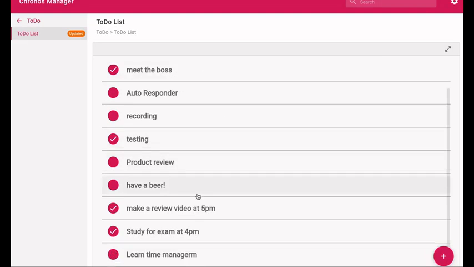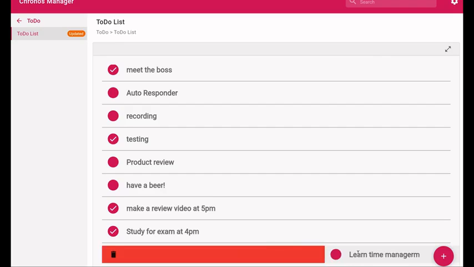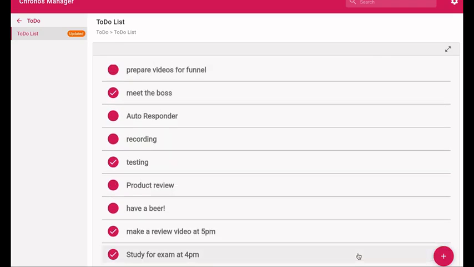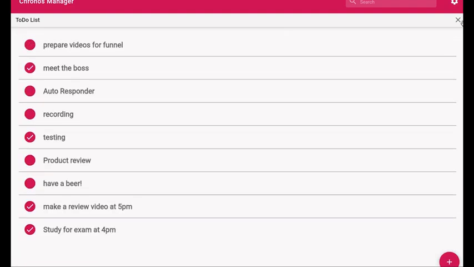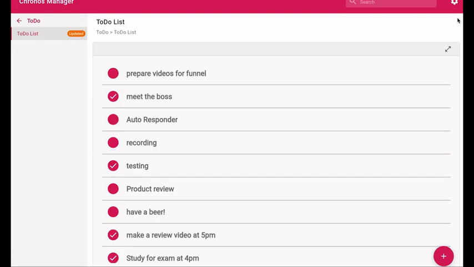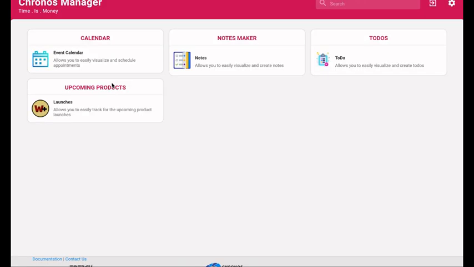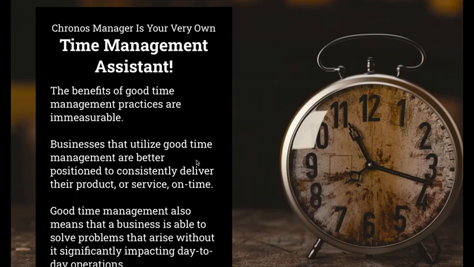So once you create that one, you can see here. Once you are done with that one, you can check the box. If you are unsure that it's not done, you can uncheck, and you can even delete the to-dos which are done, and no need of getting the to-dos again and again. So there is a feature to get a full screen out of it and maximize and minimize your screens in the console in the software itself. So that's all about the to-dos and all, guys. I mean, Kronos Manager basically.